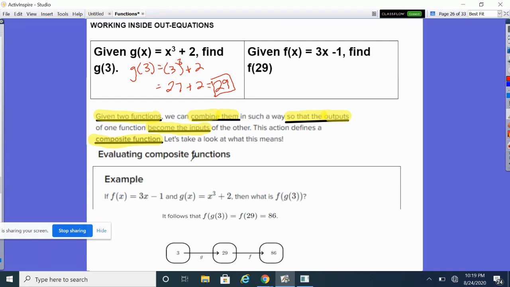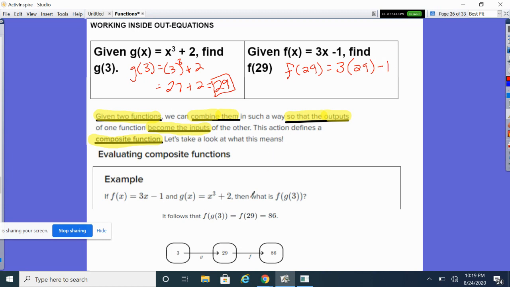Then in the tables, we took our new number and we went to the other table to see what the new number was paired up with. Well, that's what we're going to do over here. So now here's the second function. F of x is equal to 3x minus 1. Now we're going to plug in that new number, the 29 that was the answer to g of x, or g of 3, I should say. Now we're going to make that the input and call it f of 29. So if we plug in the 29 using parentheses,